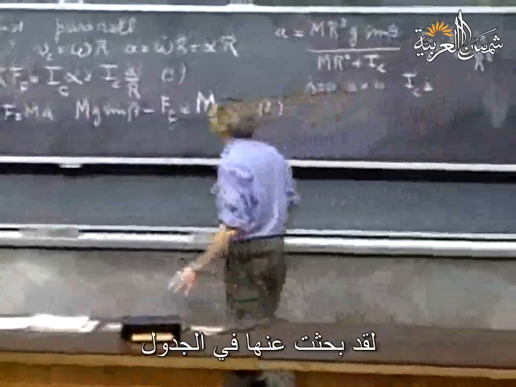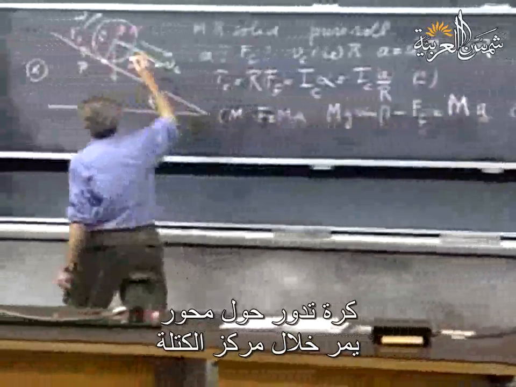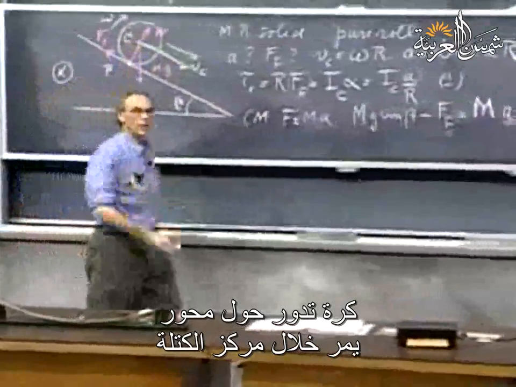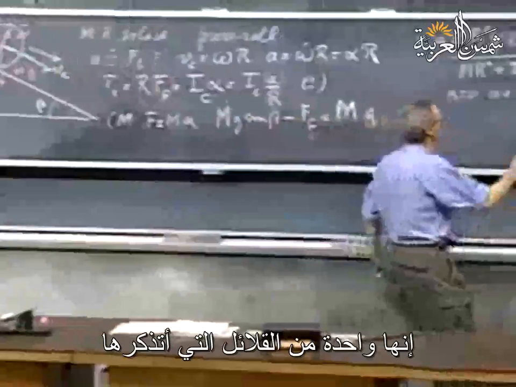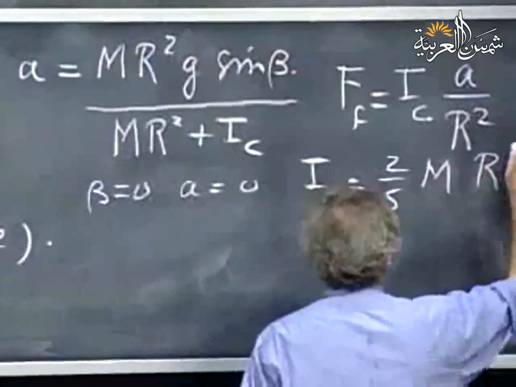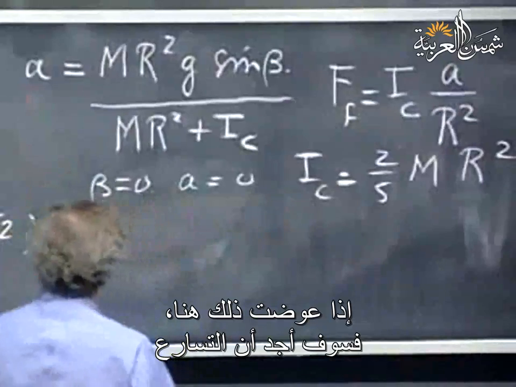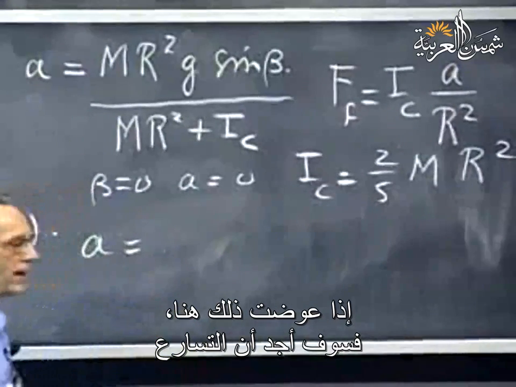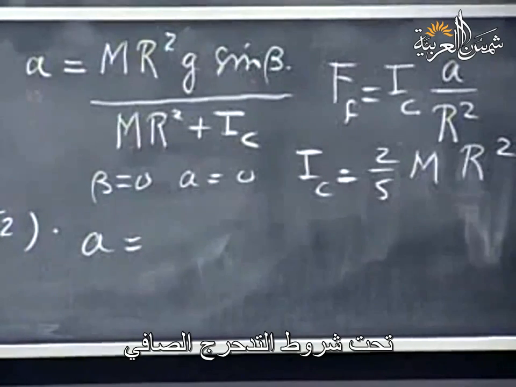So let's now look at I of C. What is I of C? I look it up in the table. A ball, a sphere, rotating about an axis through the center of mass. It's one of the few that I happen to remember. It is 2/5 mr squared. If I substitute that in here, I'll find that the acceleration under the conditions of pure roll